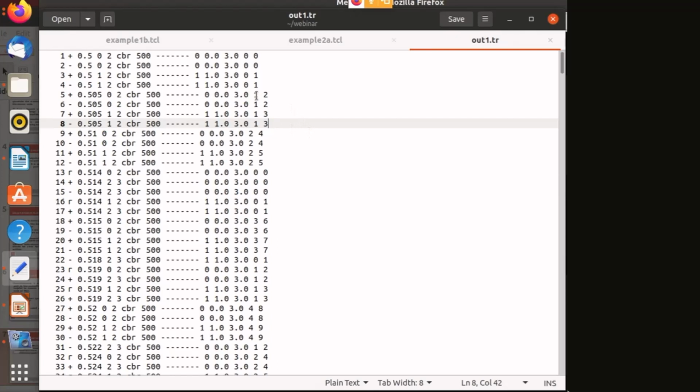Now let us see what this trace file shows. Whatever I am teaching you today and tomorrow is a very basic part of NS2, but you should know these things very well. And I request you, if you find my webinar interesting and you have serious interest towards NS2, to join the webinar from 5th to 6th June as well.